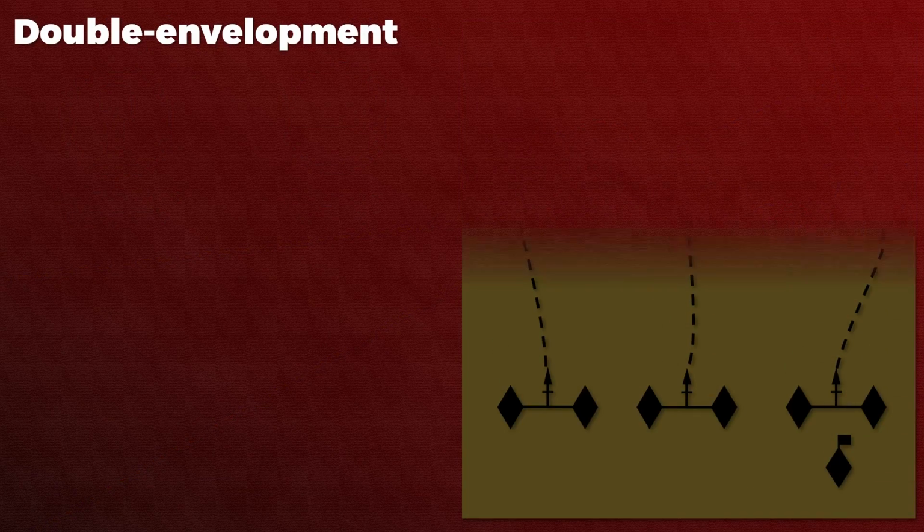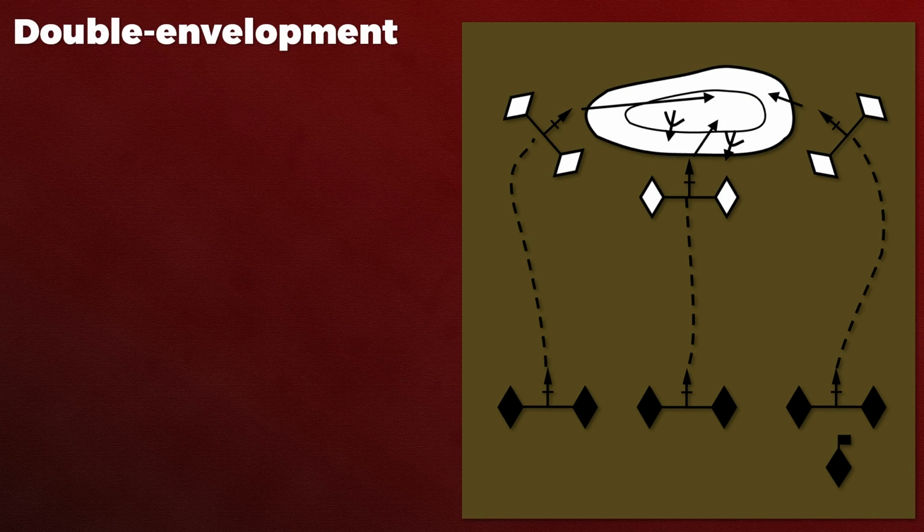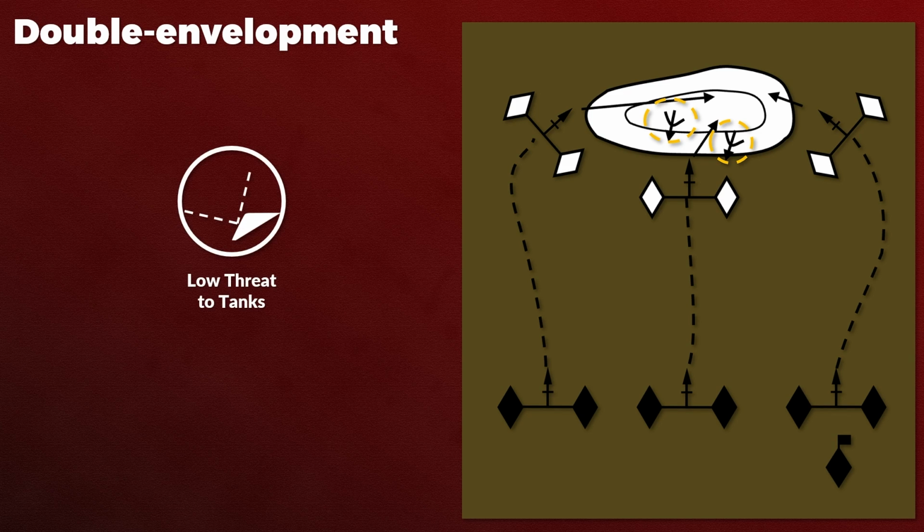The next one is the double envelopment. Here you can see that the enemy has no defensive positions and no guns, only 2 light machine guns. As such, I suspect that this attack was chosen due to the relatively low threat to the tanks, whereas in the previous example there were defensive positions and a gun that posed a bigger threat to the tanks. In this case, the center attacks from the front, while the left and right group encircle the enemy from left